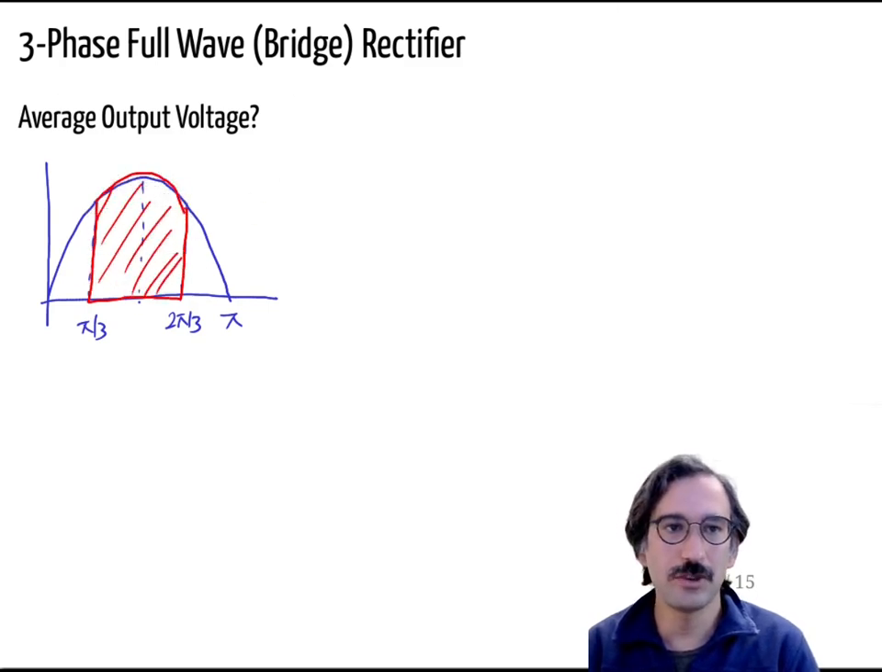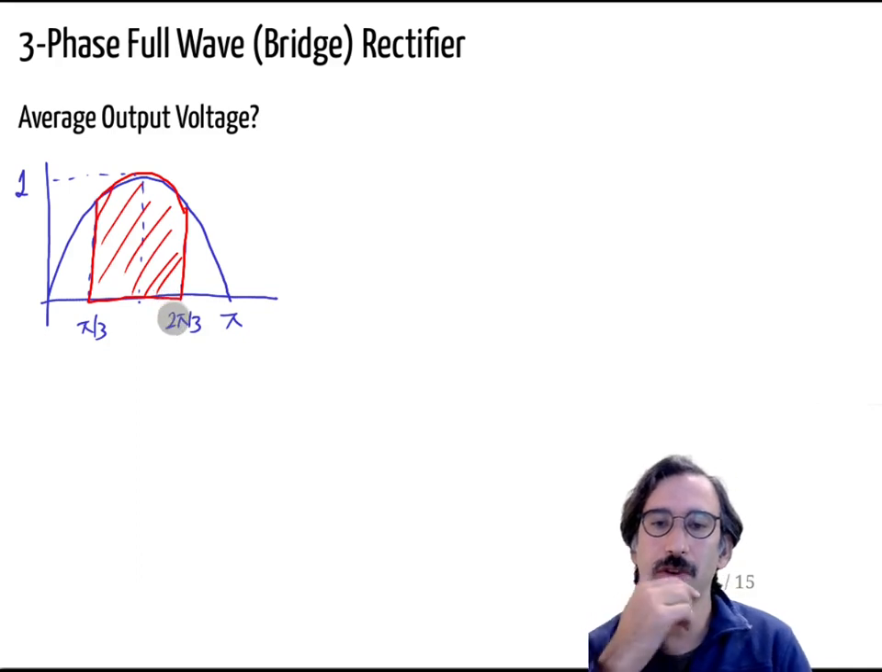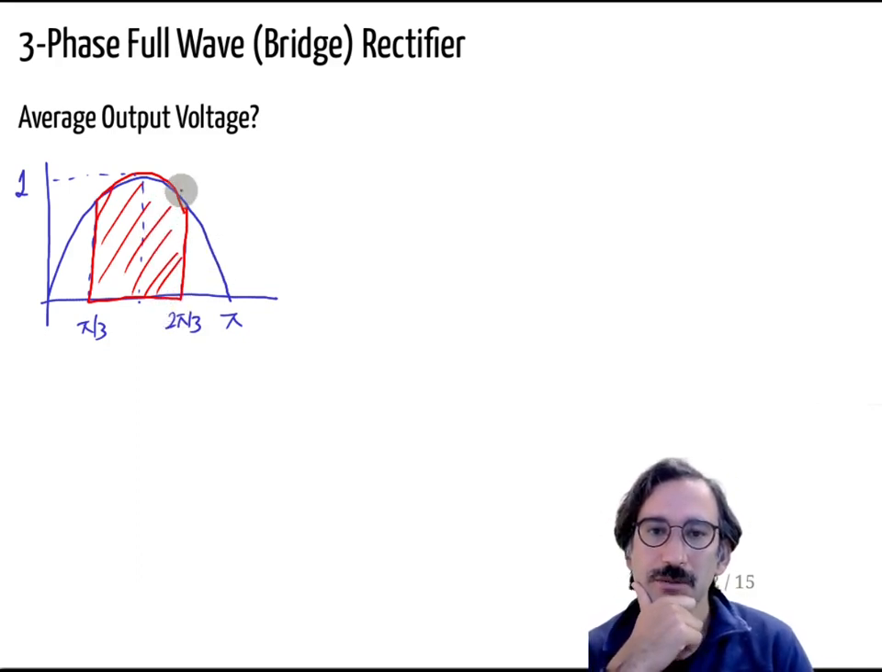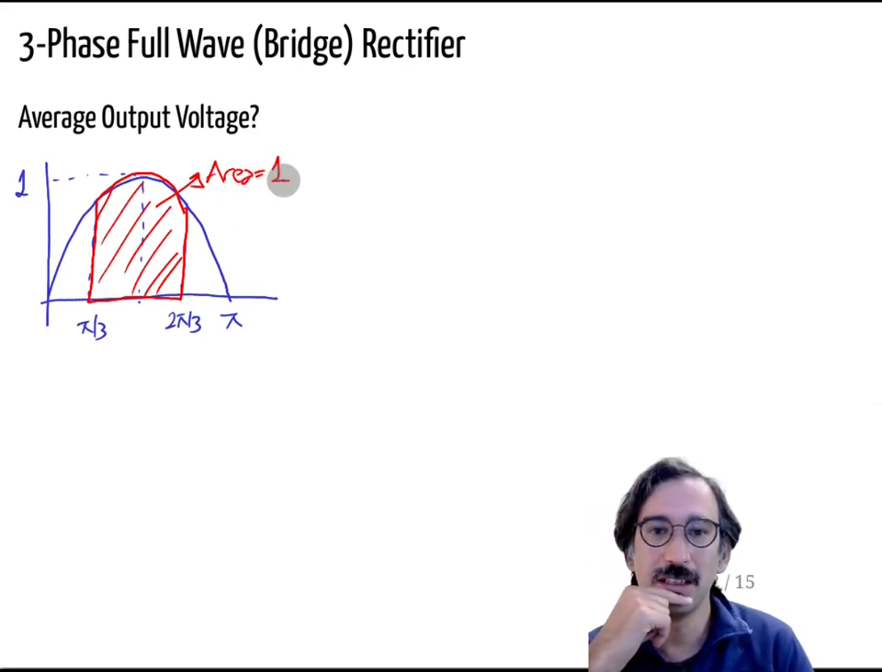Let's do the same trick. Let's say what happens if the magnitude is 1. Again, what is that area? The full sinusoid, remember, is 2. We did it before, and that is another useful term. That area is 1. So all those areas are like